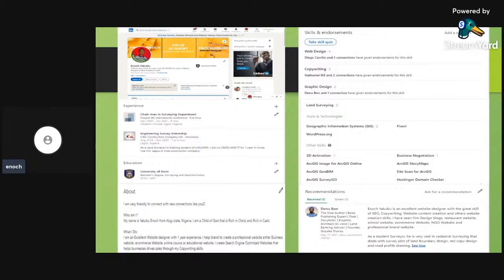I'll give an ebook for free as you go about this step. This about page must be really optimized, so this about section must be catchy and an inviting note. Now, after the line "I'm friendly to connect with new connections like you,"